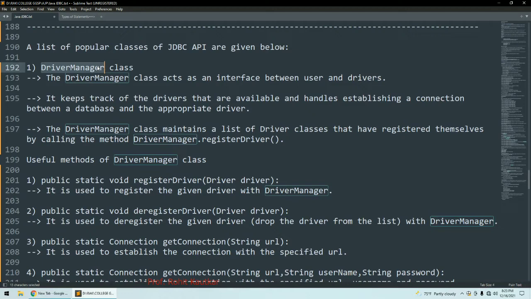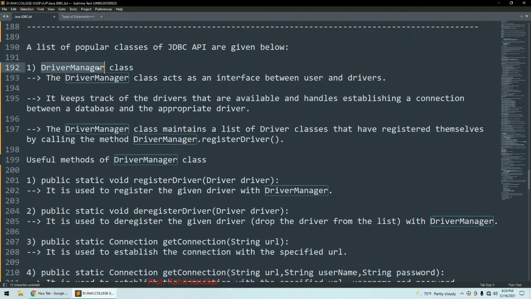So DriverManager class maintains the list of all driver classes that have registered themselves by calling the registerDriver method. This is the method of DriverManager class. So whichever driver will use this method to register itself, it will maintain the list of all drivers.